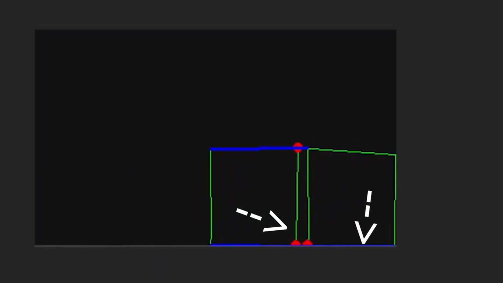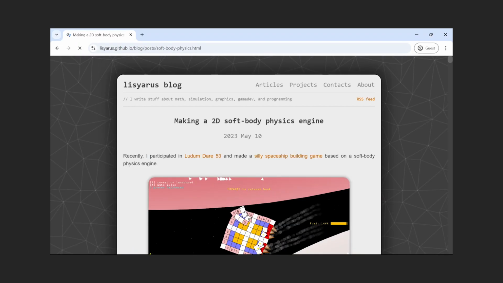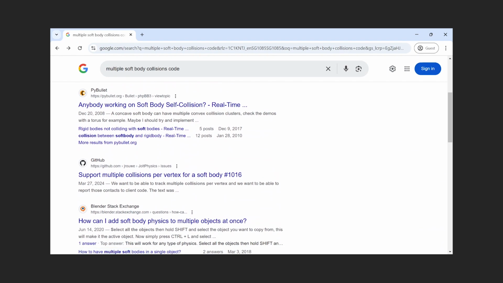Anyways, it's not the collision detection for once, but because this point is doing a collision check with this edge, when it should be doing a collision check with this edge. Now, I did my research and I couldn't find much information about this problem, and there's actually remarkably little information on how to do collisions with other soft bodies online, so I tried a few solutions that I thought of